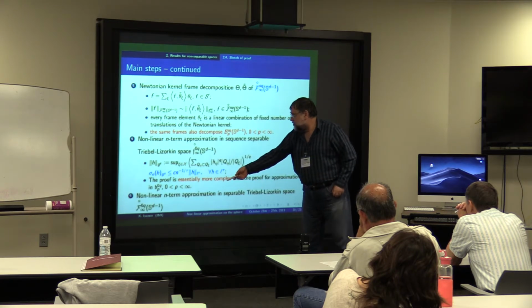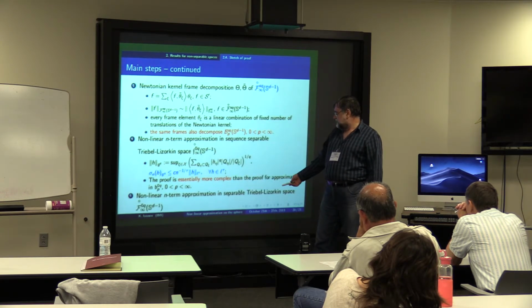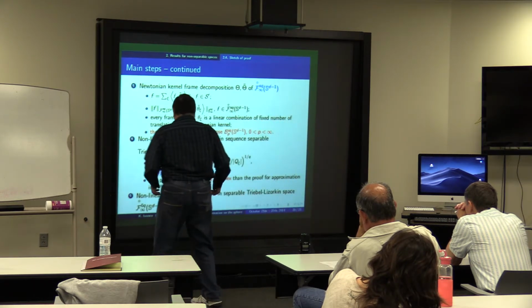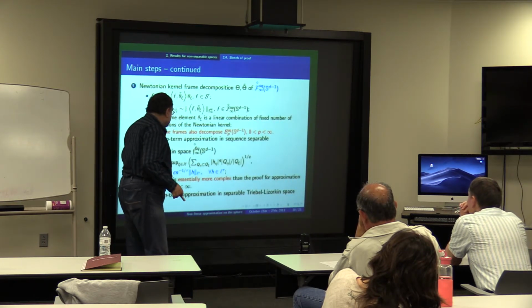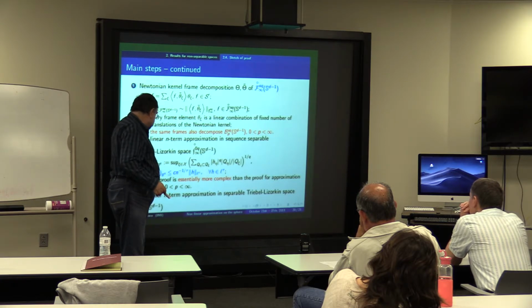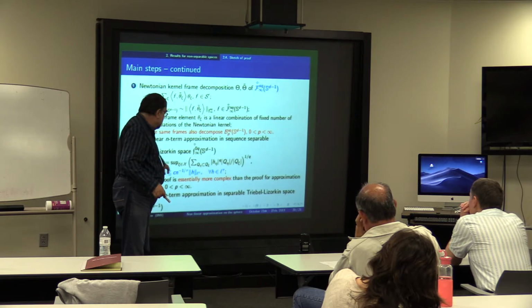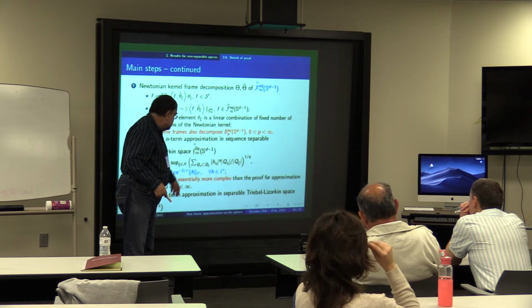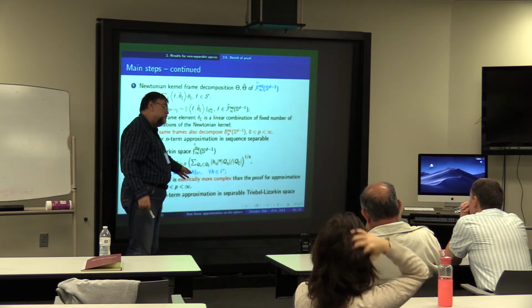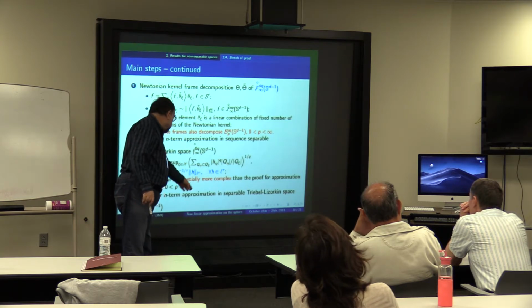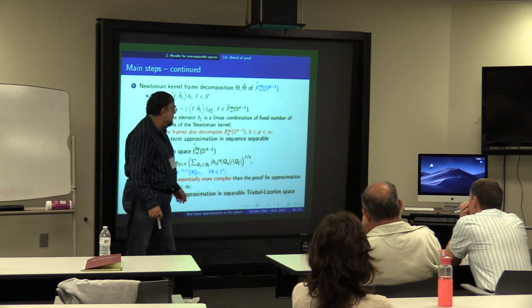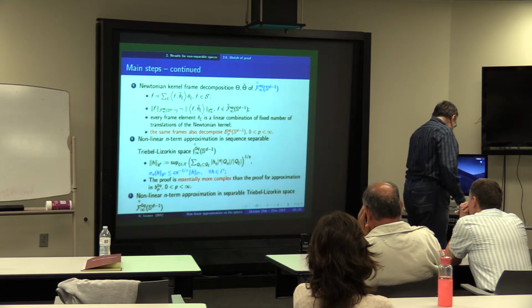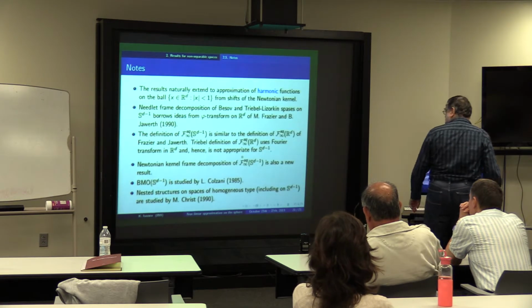combining all this, you get nonlinear n-term approximation for separable Triebel-Lizorkin space. You start from the separable space, take the coefficients and go to the sequence space, approximating in the sequence space, go with approximation in the L tau sequence space, which corresponds to the Bessel space, and go back to the Bessel space, and you get the theorem. Okay, so this is a rather long program, but it works.